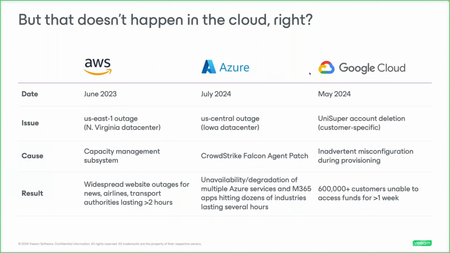That included all of their data that they had migrated from vSphere on-prem to Google Cloud. And there were more than 600,000 customers, right? Again, superannuation fund, that were unable to access their funds for more than a week. The only reason why this organization was able to recover in a time span less than a week is because